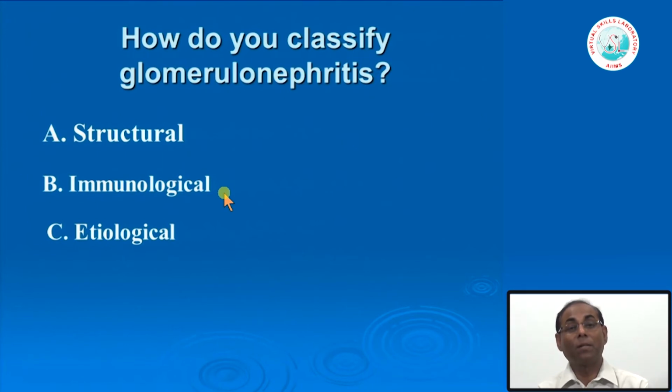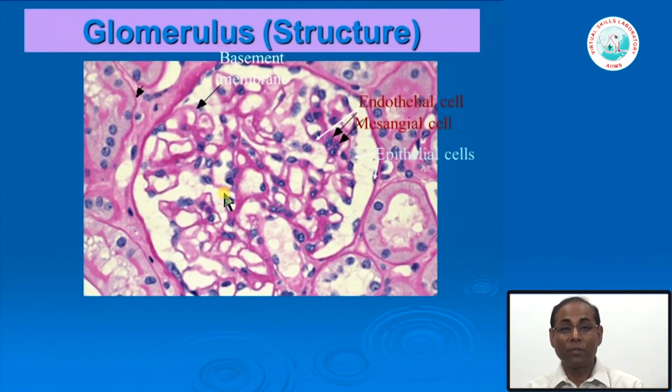Take any secondary glomerulonephritis. Say, for example, a person is suffering from systemic lupus erythematosus, a systemic autoimmune disease, and if the glomeruli are involved, then we know that the glomerular involvement is secondary to the systemic lupus erythematosus. So exploration of the etiology is also very important. First I talked about the structural classification. For structural classification, you have to remember which cells are present in the glomerulus. I'm again recapitulating for you. This is a very clear-cut picture now, better than the last one.